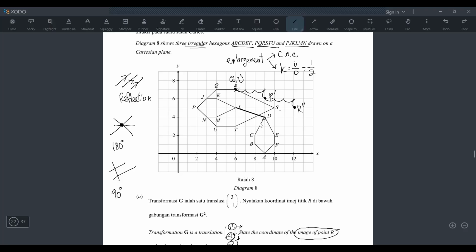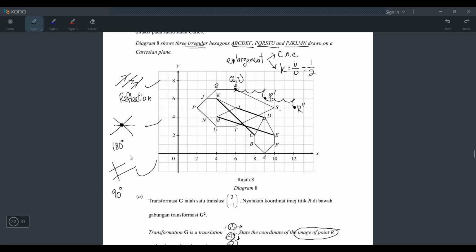L to D. And then draw M as well. So M with who? N to E. And then draw one more. Let's draw K to F. K to C. So yeah, like that. Okay, I don't think I have to keep drawing, because if you want to keep drawing also can. J to B, P to A, N to F. You want to draw all lines also can. But if you want to see which one, you just draw 3 lines, you can